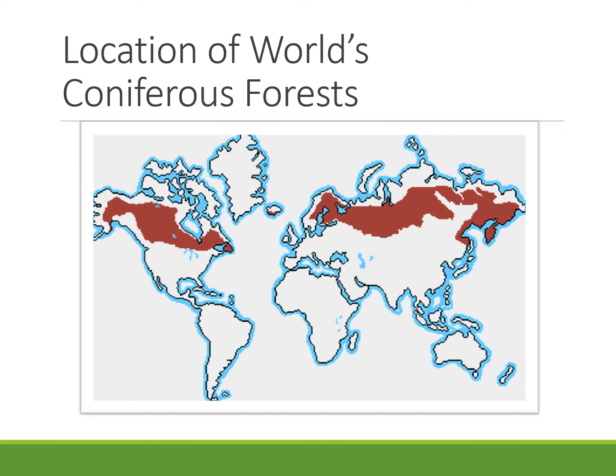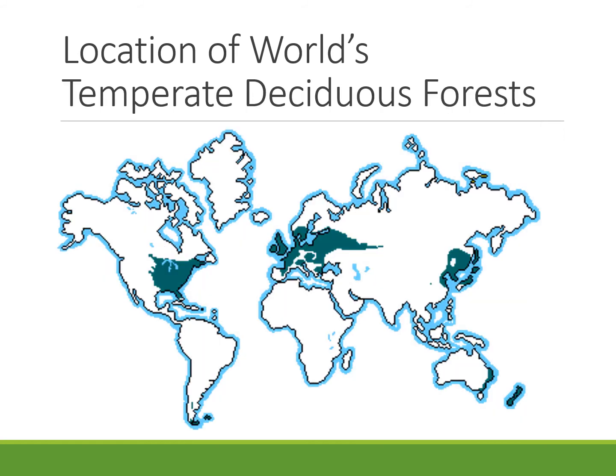And so in most developed countries, it's the coniferous forests that we're cutting down, as well as the temperate deciduous forest. Kind of seasonal, deciduous means the trees lose their leaves in the fall. They come back in the spring and the summer. And again, if you look, it's really United States, Western Europe, Japan. It really is developed countries. So most highly developed countries are cutting down pine trees, coniferous trees, and deciduous trees would be like oak, maple, hickory, trees like that. So that was kind of an interesting thing to point out.